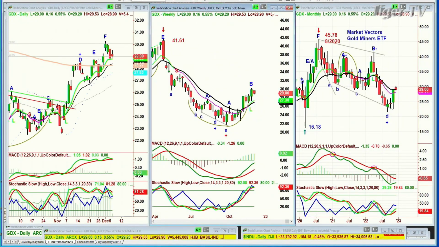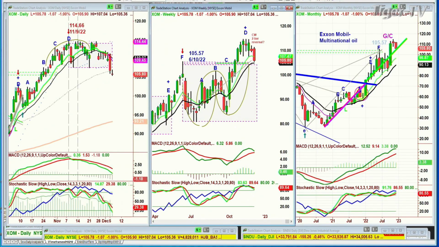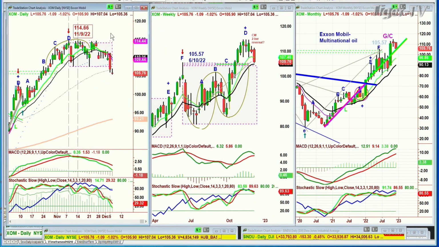So the question keeps coming in over the last 4 weeks about crude oil, about ExxonMobil. And I've been saying, I think ExxonMobil's topping out. There's a pattern that we look at which basically says that this sideways action is basically an overbought situation.